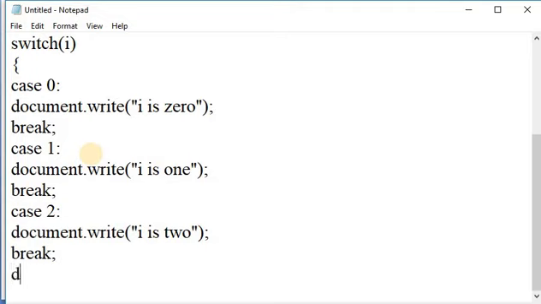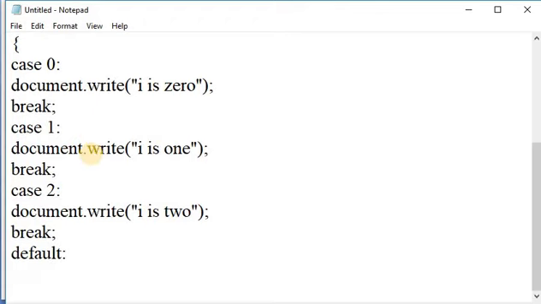After that, we write the default statement. In the default statement, we write document.write, i is greater than 2.